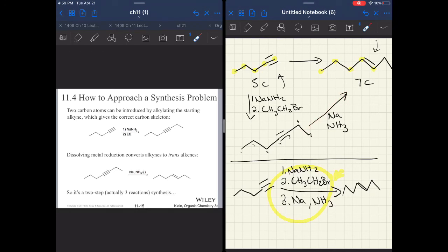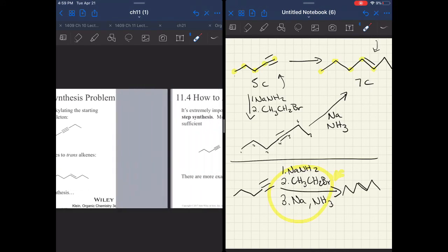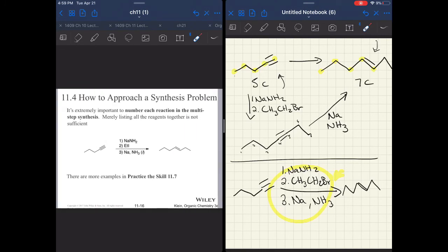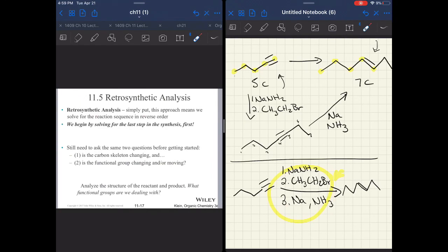So just because you don't know what the first step should be, don't let that stop you. You can fill that in later, or it can be a way to get partial credit. And so here you go. There's another way to present it. All right. In the next video, we're going to tackle retrosynthetic